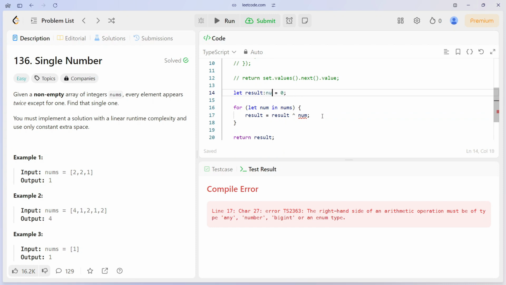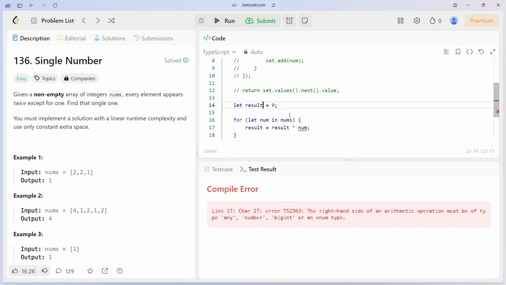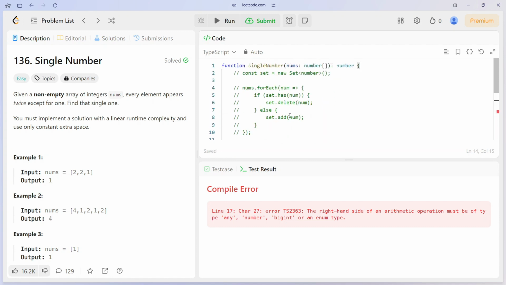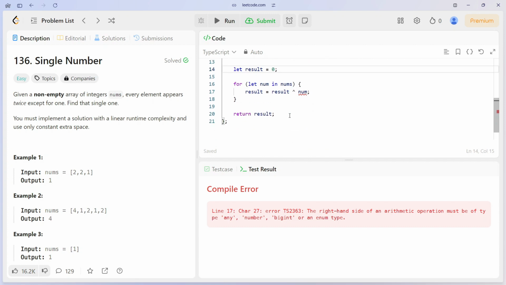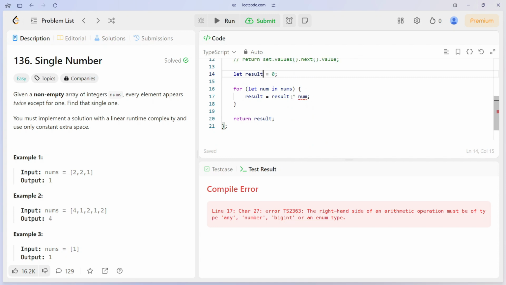Okay, not the type. Num in nums. But if we result